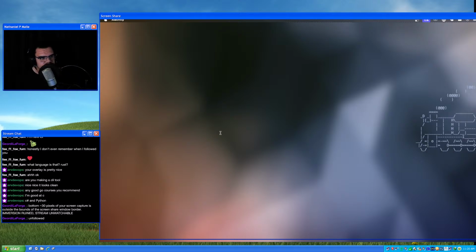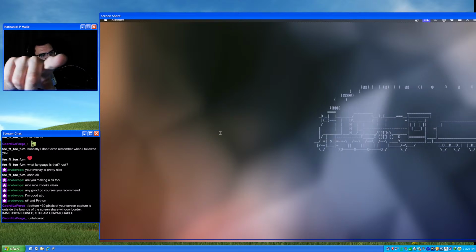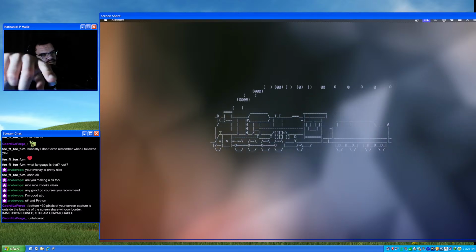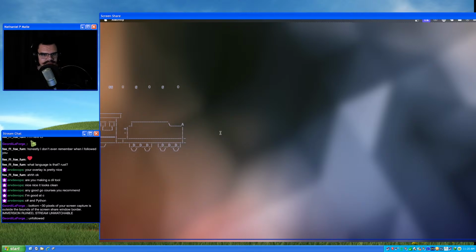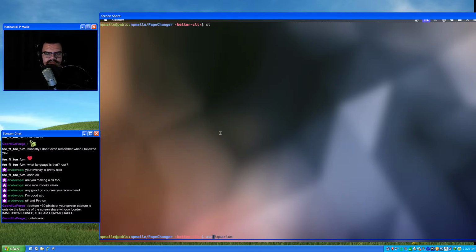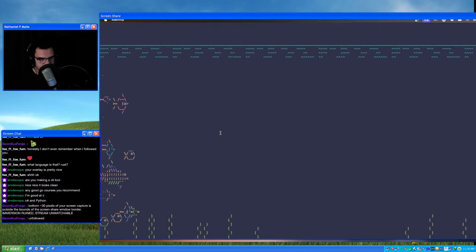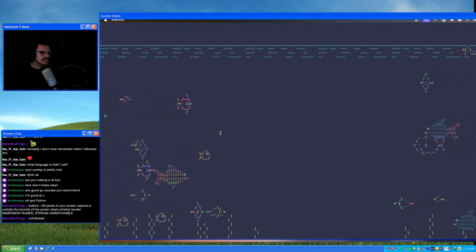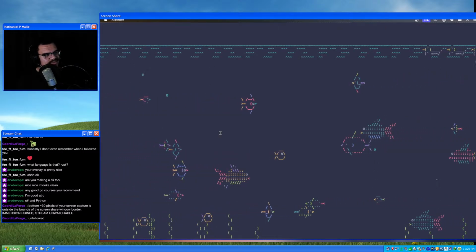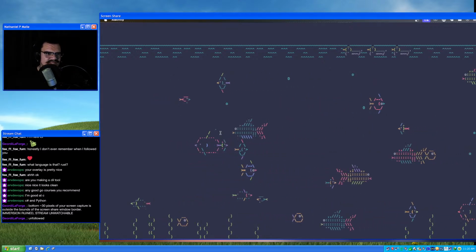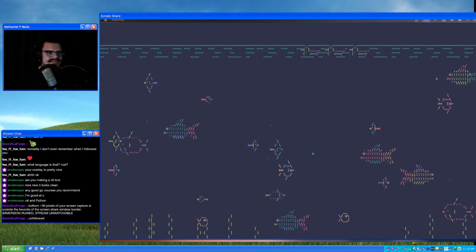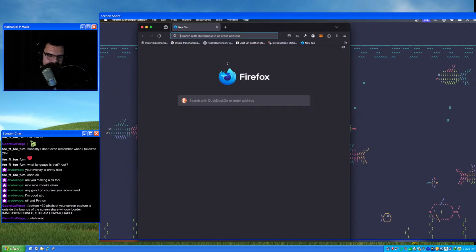Good old steam locomotive. Shout out to my boy, the steam locomotive. You know who you are, right there on my screen. But shout out to my real boy, Ask Aquarium. Now this is what I'm talking about. This is software engineering. I think this whole thing is like Perl, if I recall.